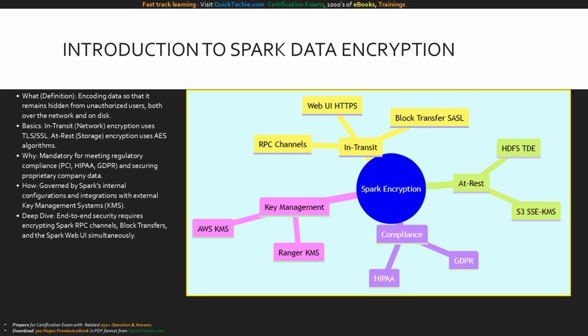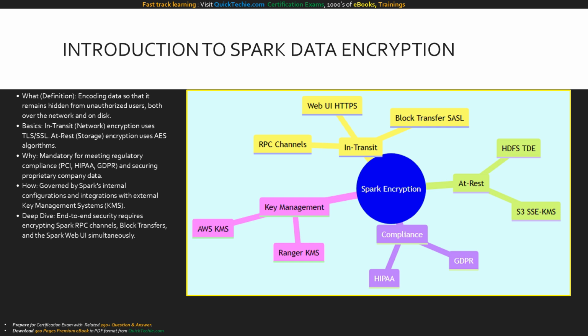Branching to the top left, in transit covers the live data veins, RPC channels, block transfers via SSL, and securing the web UI with HTTPS. On the top right, at rest, covers the storage layer, transparent data encryption for HDFS and server-side encryption for S3. At the bottom, we see the drivers for this: regulatory compliance, powered by enterprise key management systems like Ranger KMS